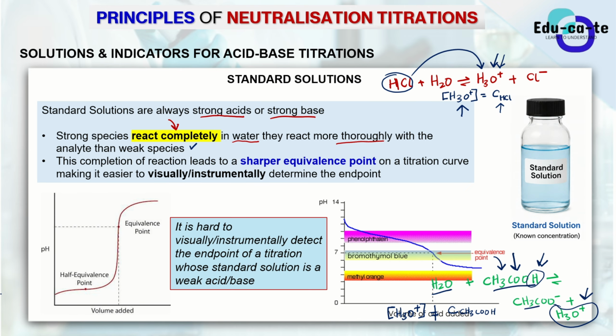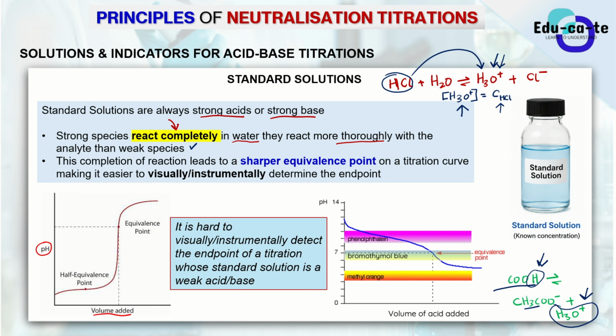So we have titration curves that we use to try and determine our endpoint. The endpoint is a bit different from the equivalence point, because the endpoint is the point where the indicator changes color. When we plot a titration curve, it has pH on the y-axis and volume on the x-axis. This is the volume of the standard solution that has been added to the analyte from the burette, of course.